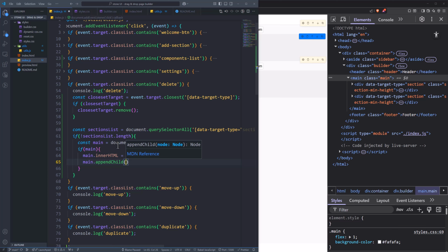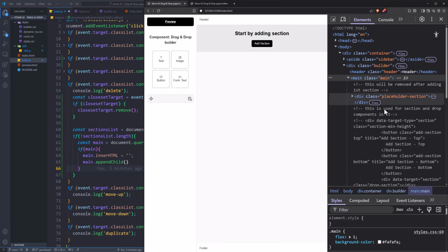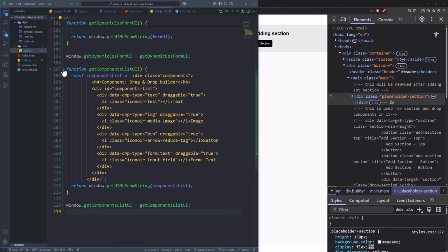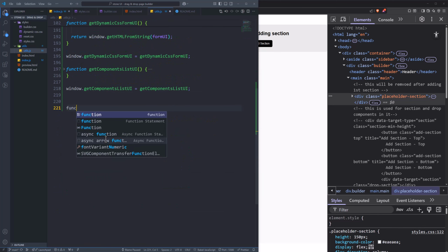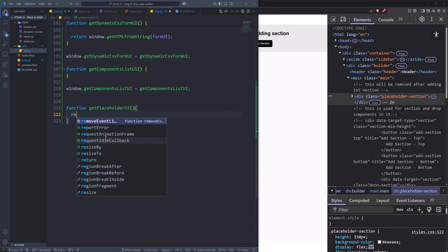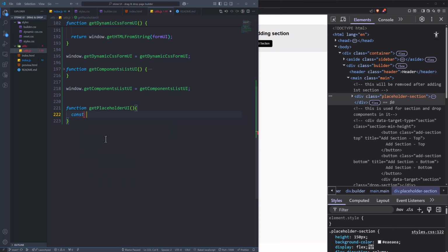Now we need to get the node. See, this appendChild is expecting a node. Node means an HTML element or anything which is really a UI HTML. So for that we need this placeholder UI. We can grab it from index.html, which is here, and what we will do is go to the util file and add one more function. Let's say a function getPlaceholderUI,